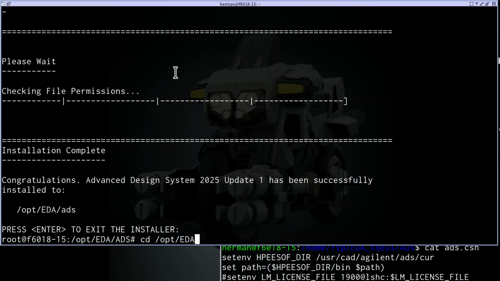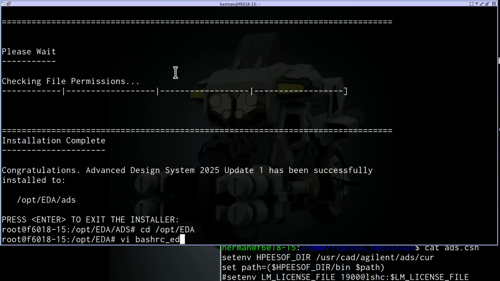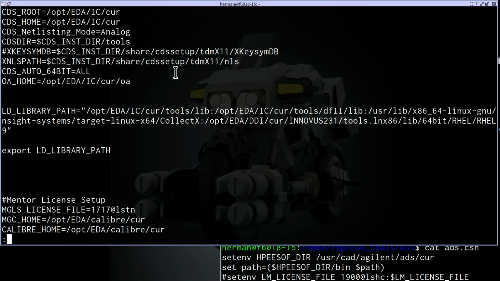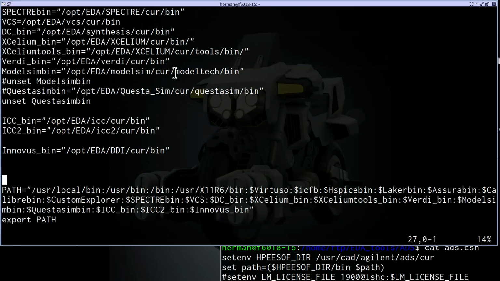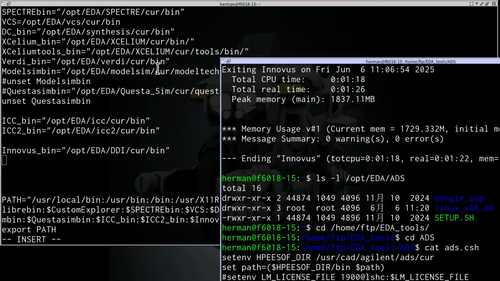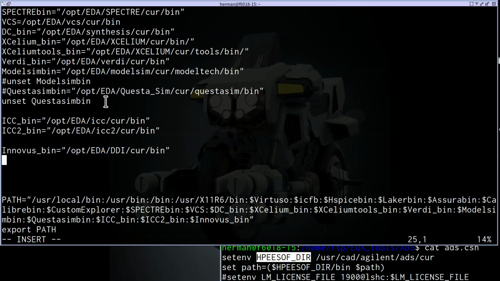/opt/eda/vi-c/eda. Then we can go to path setting. Here we need to set this. We need to set this equal to /opt/eda/ads.